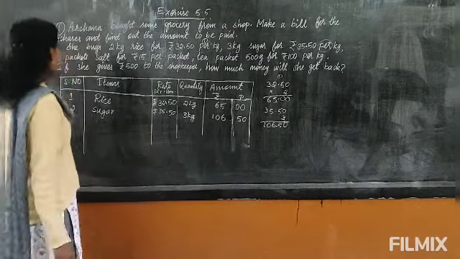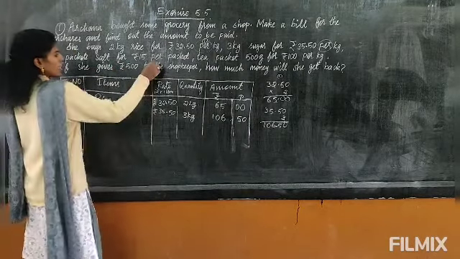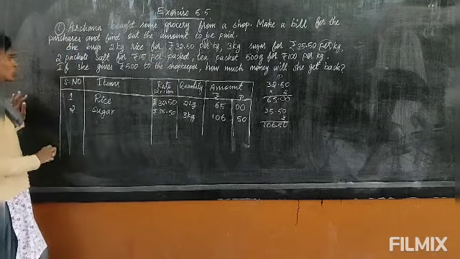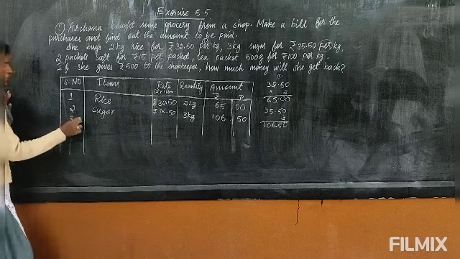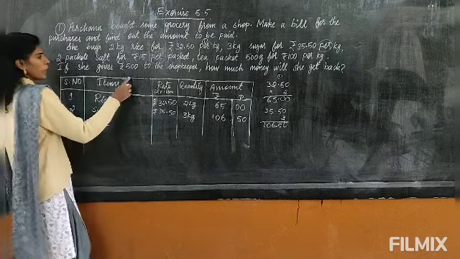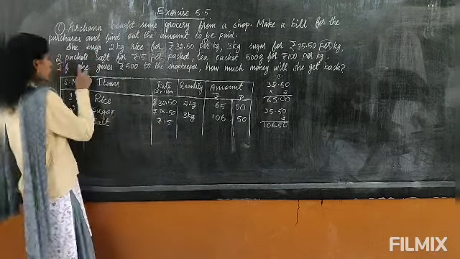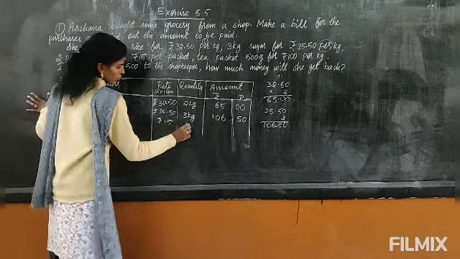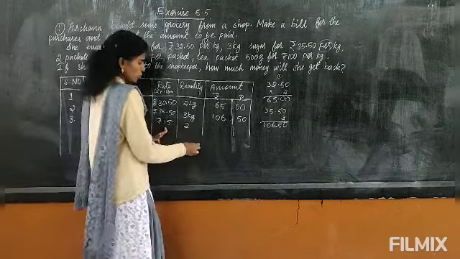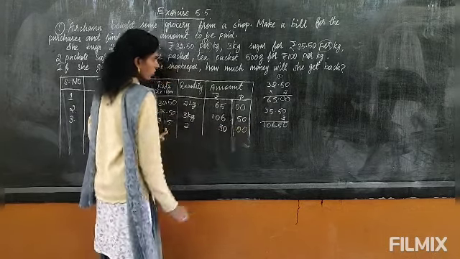Okay, next one, 2 packets of salt for rupees 15 per packet. So per packet, 1 packet, that means 1 packet is 15 rupees. So third one she is buying salt, per packet is 15 rupees and she is buying 2 packets. Now this we have to multiply. 15 2s are 30. So 30, there is no paise, so 0 here.